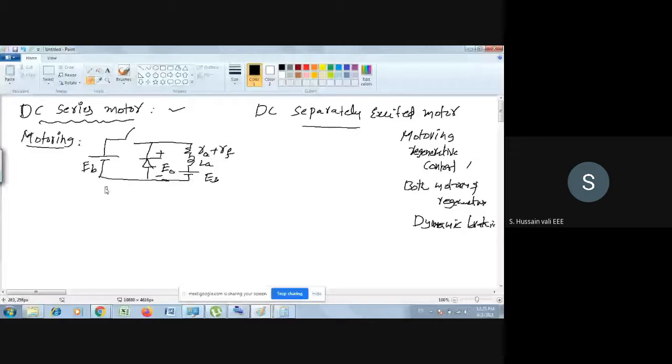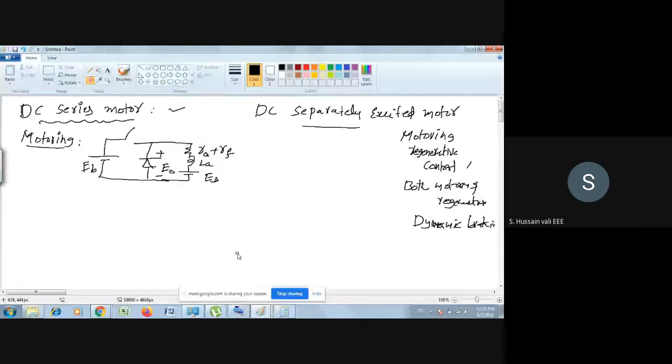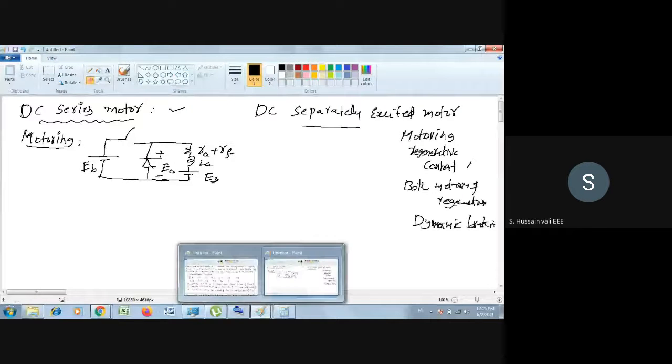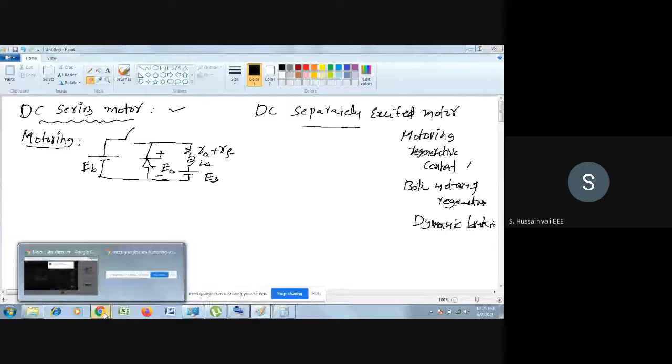See, everything is the same except one extra resistor, and that resistor you can also include in the armature resistance, so it becomes only one resistor. So circuit wise there is no difference. You don't find any difference circuit wise. If circuit wise there is no difference, then we can say that in the operation we get E naught equal to half of this, sorry, this is EA.